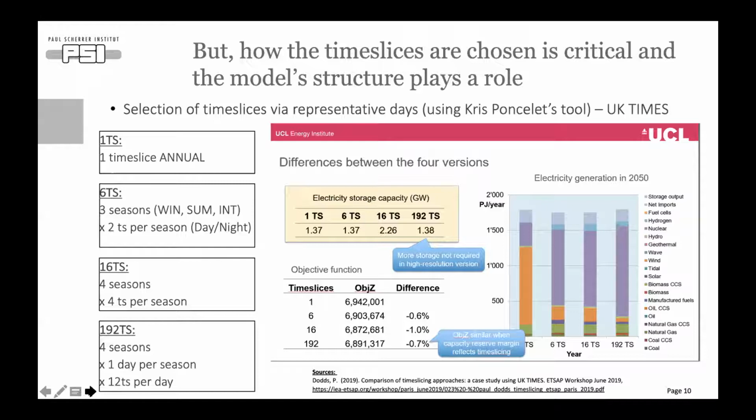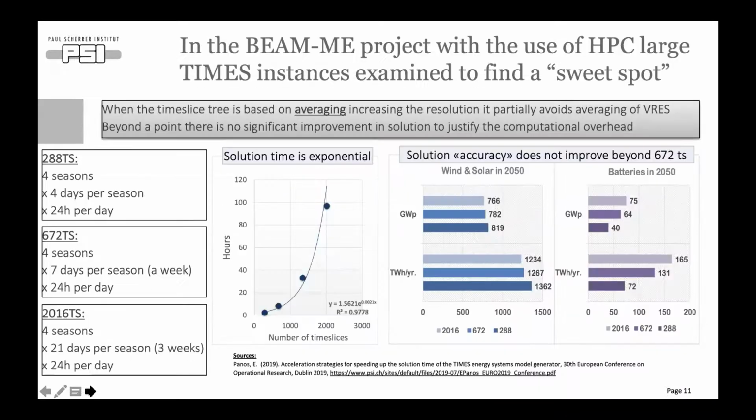And here are 2 examples from Paul with the UK TIMES model with 6, 16, and 192 time slices. And you see in the yellow table the deployment of storage, which doesn't increase significantly above a threshold. And also on the table below the yellow table, you see the objective function that varies only slightly. So this inspired, next slide, Tom, a larger work on the BIMI project, where we took